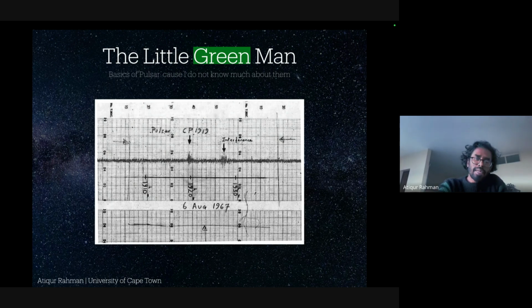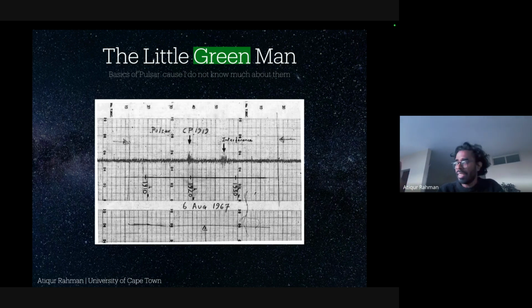And at the middle of this plot, you can see it's written CP1919. And just over the 6th August 1967, you can see that it's written 1910, 1920, 1930. These are basically sky locations. So she started seeing this pattern every day,